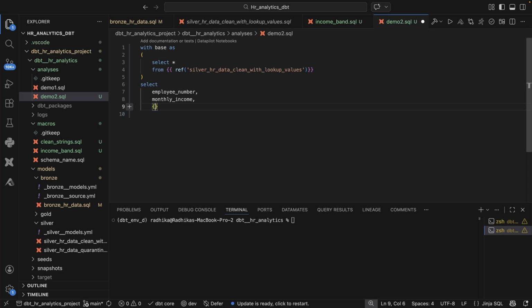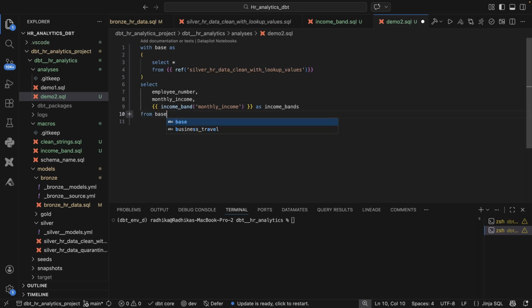To call the macro, we do curly braces, and in here I'm going to get the macro name and then pass the column. So we want to do this on monthly income. We have to pass this inside single quotes, and I'm calling this as income bands